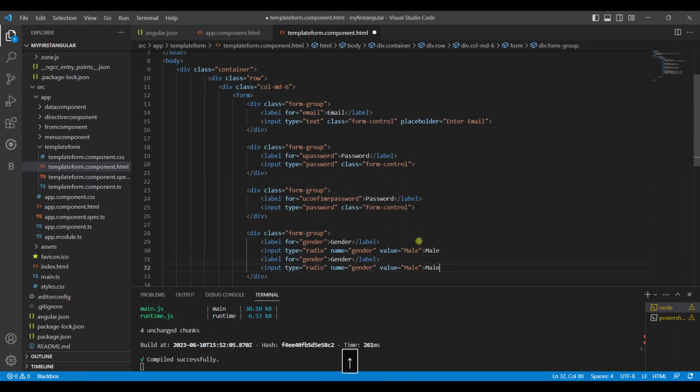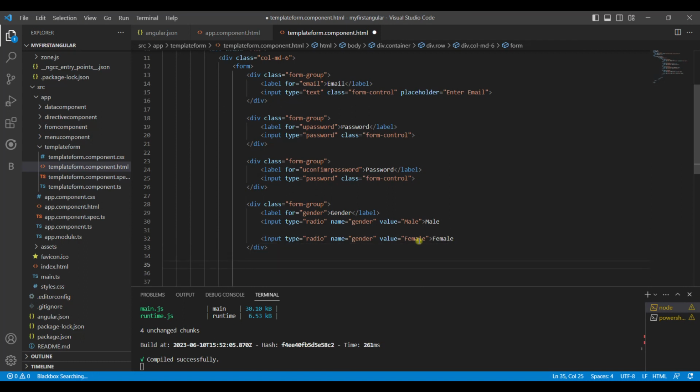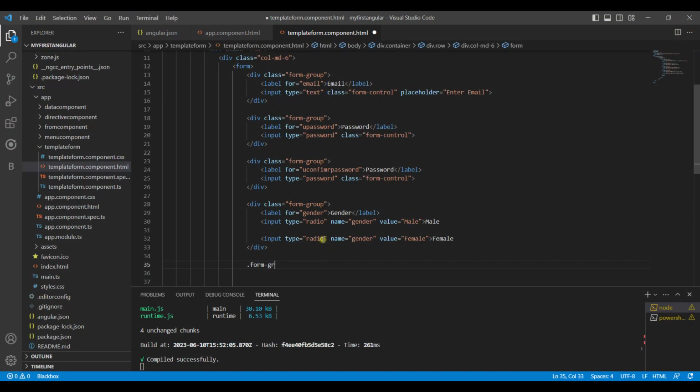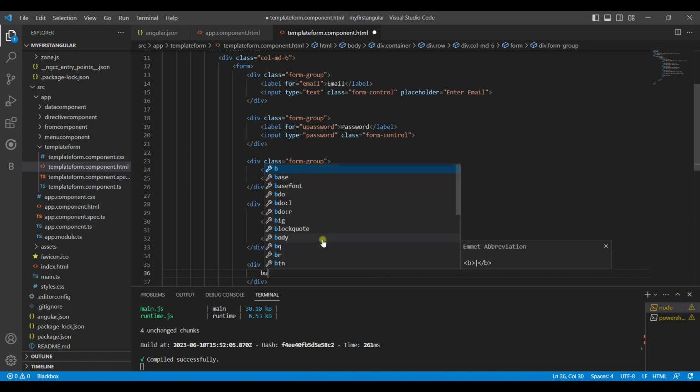The next would be female, and another would be buttons, that is one reset button and one submit button. So we'll keep it inside form group only. As button,